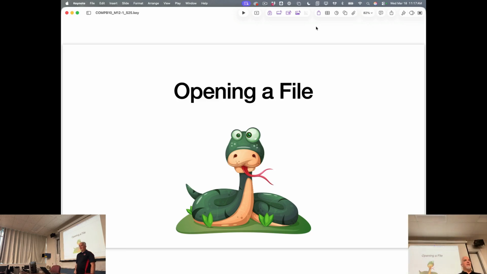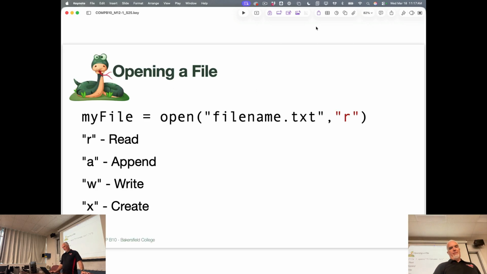The first thing we need to learn how to do is how to open a file. Luckily, Python makes this really easy for us. If we know where that file is, or specifically in this case, if that file is in the same directory as our Python script, it's just a simple open command. So we have the open function,